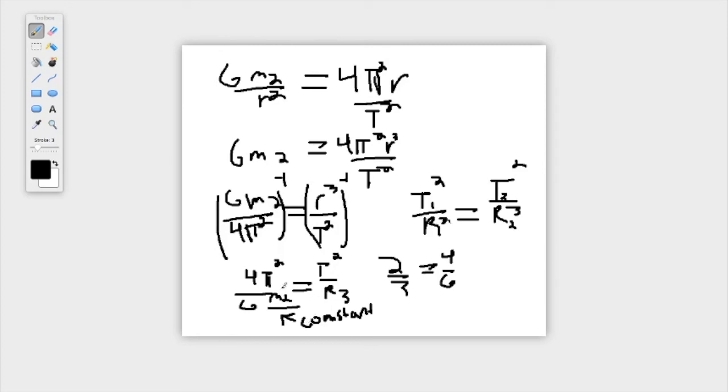Because this value equals a constant, you can set up proportions to have certain ratios equal to each other. This is known as one of Kepler's laws. This is very good to know when you're given two planets that are orbiting the sun, and you're given the periods or the radius, and you can